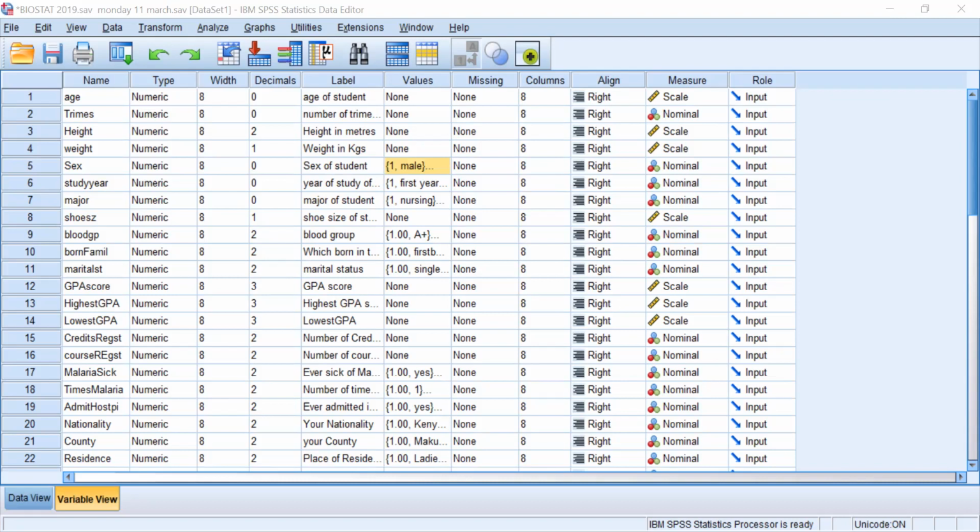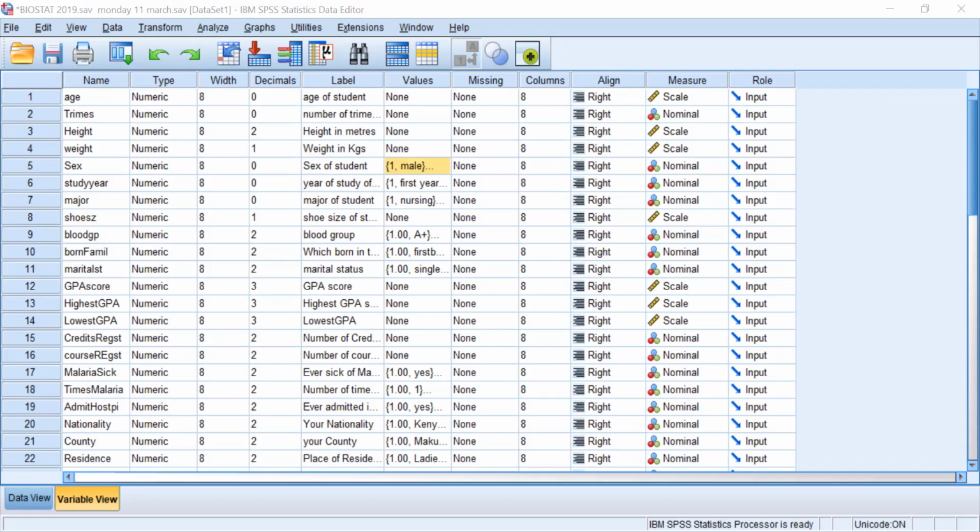Let's do another one for one-way. We can do it for the diastolic, to see whether it was different among the various years of study. Okay. Now for the diastolic, we can see again it's not statistically significant, and the mean values are given there. So this is how we read it. Now then we have the